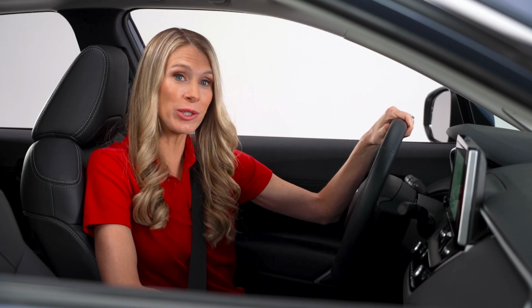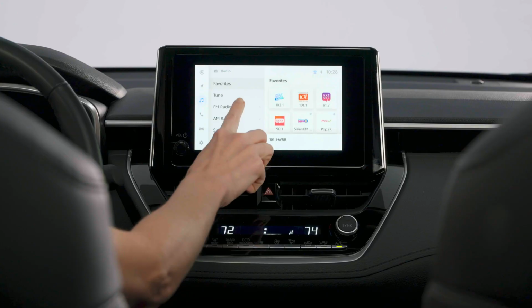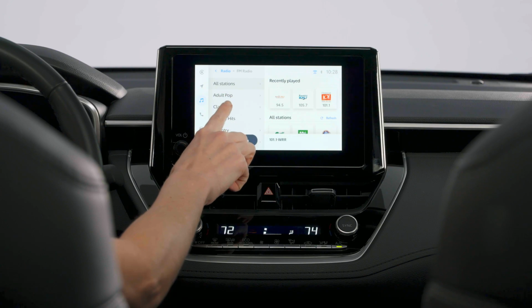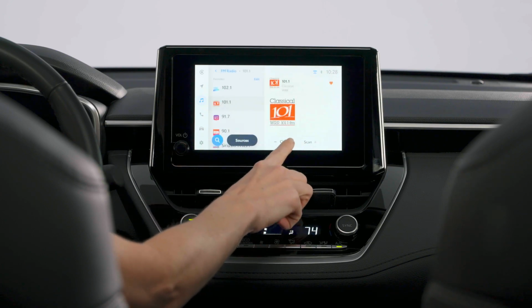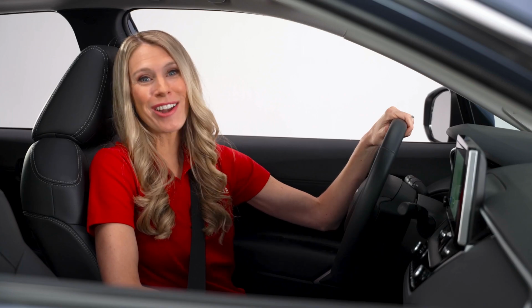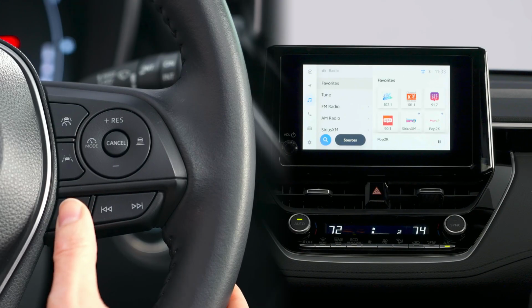To explore channels, tap the radio source you'd like to browse, like FM radio. You can scroll and select a preferred genre to be presented with stations in that category. You can also scroll through stations by tapping channel up or down on the touchscreen. You can also change audio sources from the steering wheel by pressing the Mode button, which will cycle you through